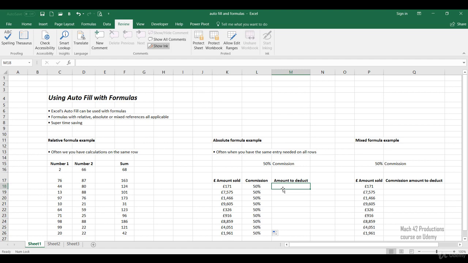Okay, so to work out the amount to deduct, we simply press equals. Then we reference L18 multiplied by K18. Now again, folks, you could swap this all around. It's just the way that we're approaching it. In this instance, we're referencing L18 first. Now, if I press enter, we get